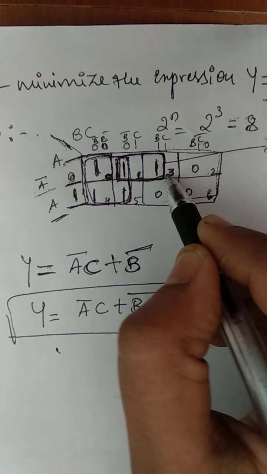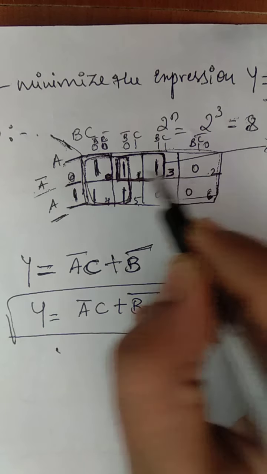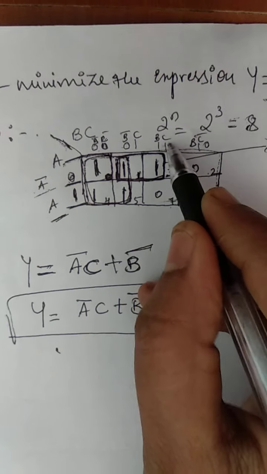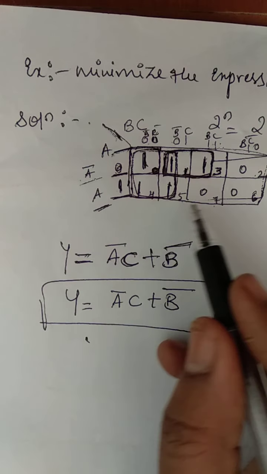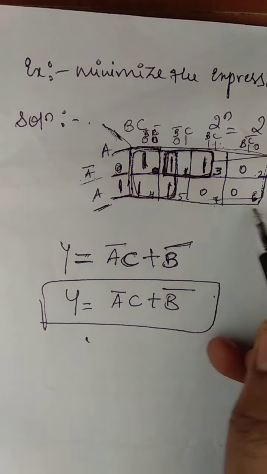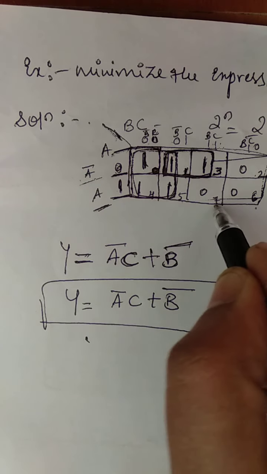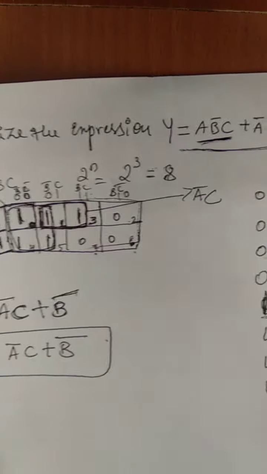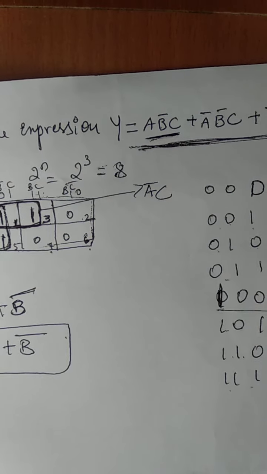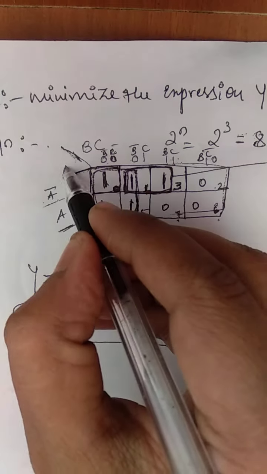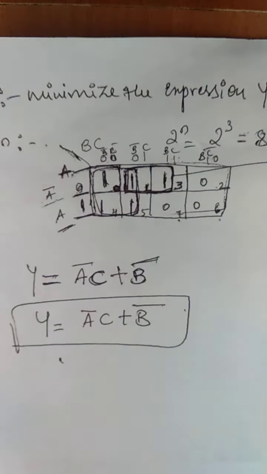Don't write 2 over here. You have to see the 0, 1, 1, which will indicate the value of 3 in binary. So that is 0, 1, 3, 2, 4, 5, 6, 7. So after that, what we have to do? We have to give the value for the given expressions. You can construct it as vertical or horizontal.